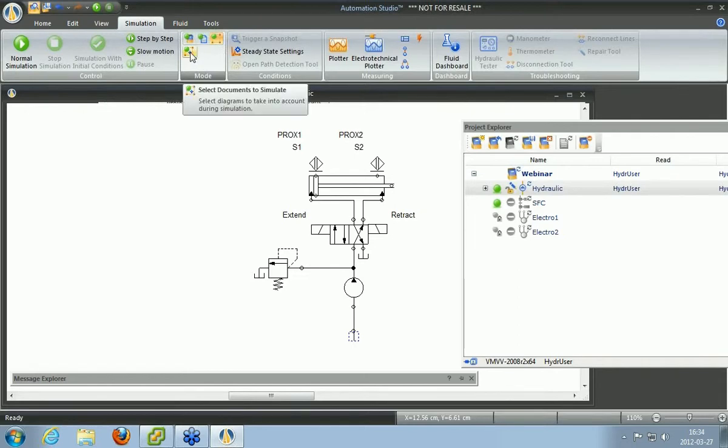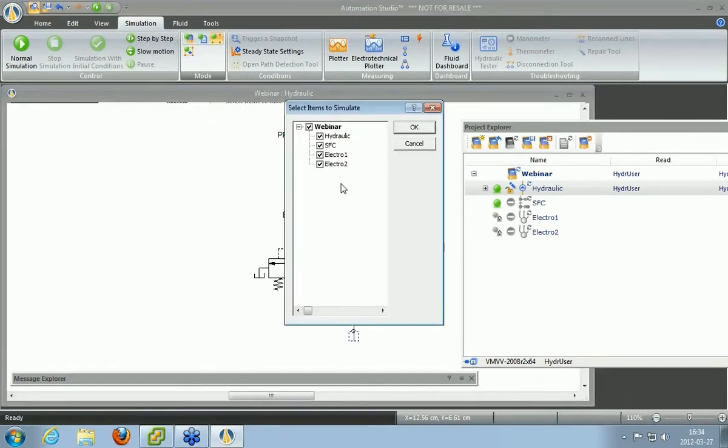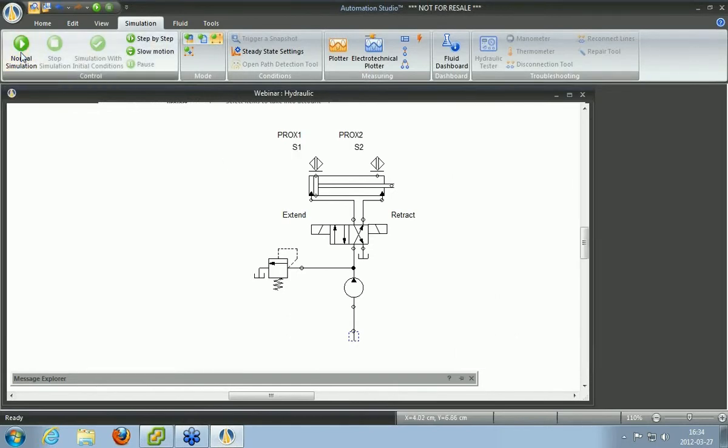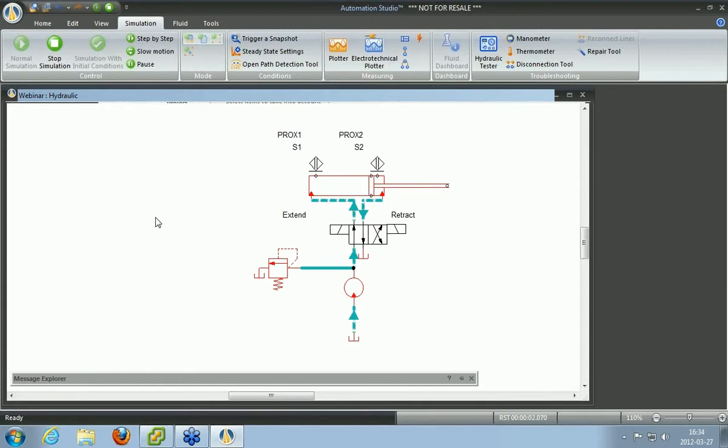Then I need to modify my selection here to the documents which I am allowed to simulate. As you can see, by default, all the documents are selected. So I'll be unchecking Electro 1 and Electro 2. And I will click on OK to accept the changes. And if I launch the simulation now, the simulation starts normally. And surprisingly, the simulation doesn't work here, which for the purposes of this webinar is perfectly